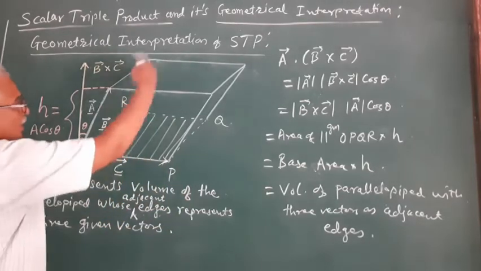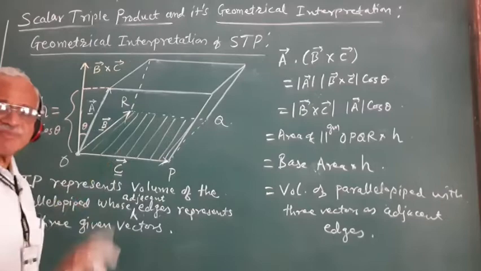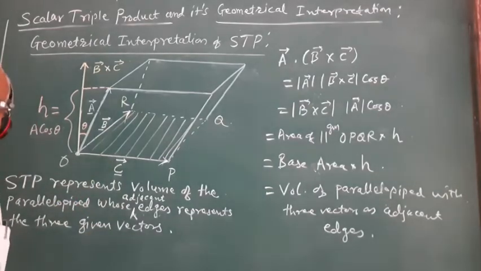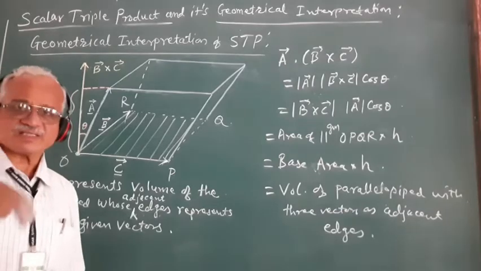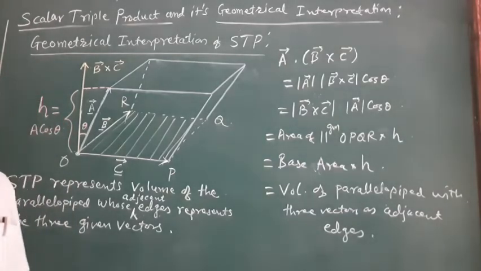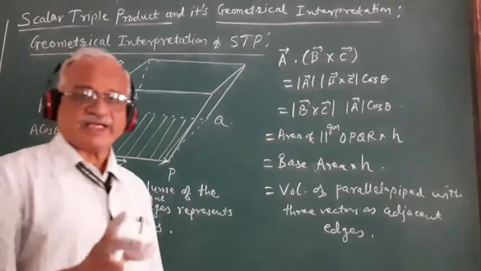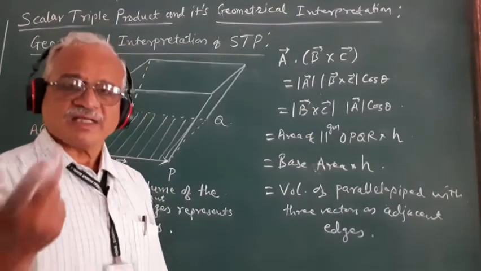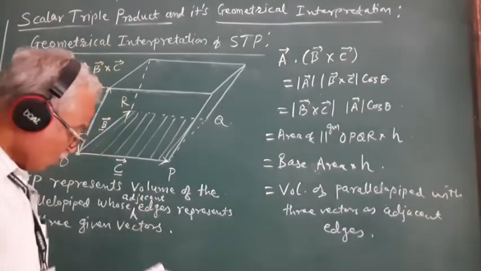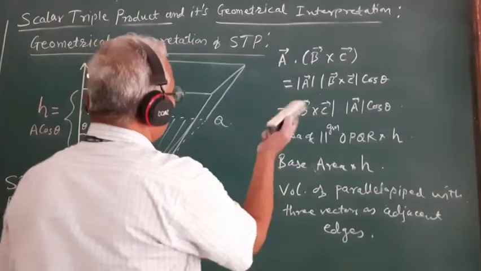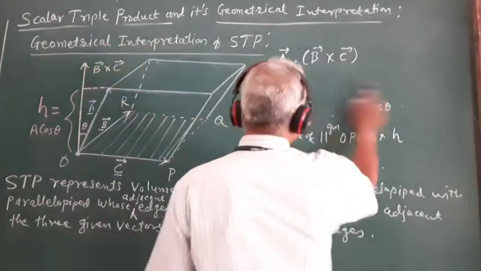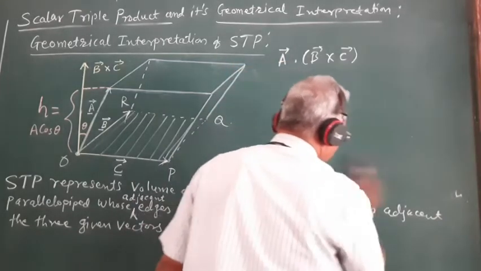Out of all these six faces of the parallelepiped, any one face can be considered as the base and the remaining side can be treated as the height of the parallelepiped. So the volume of this parallelepiped can be given